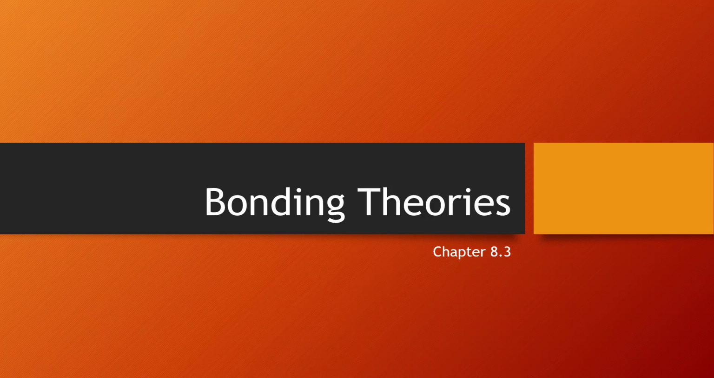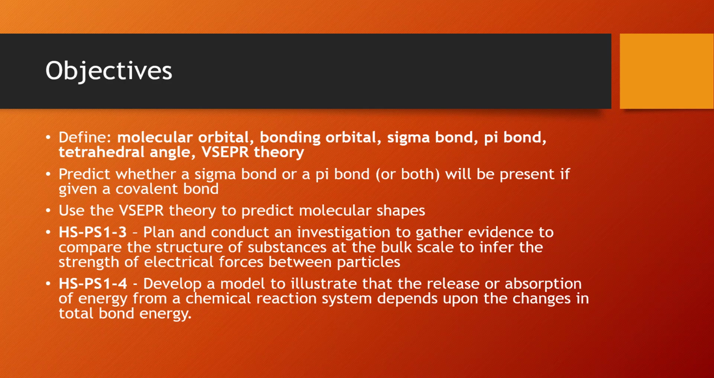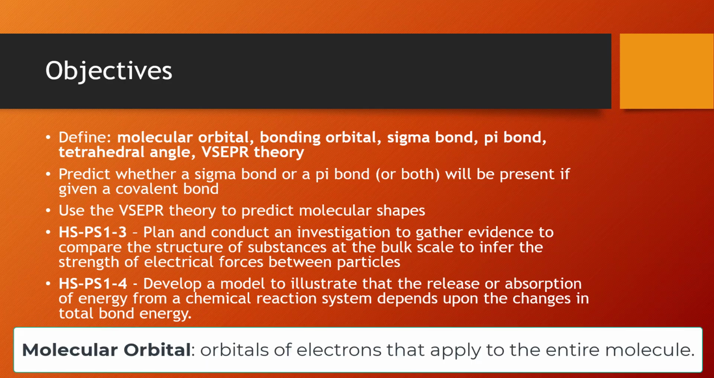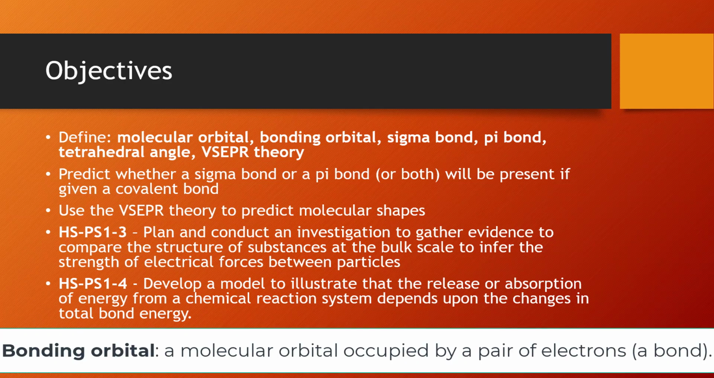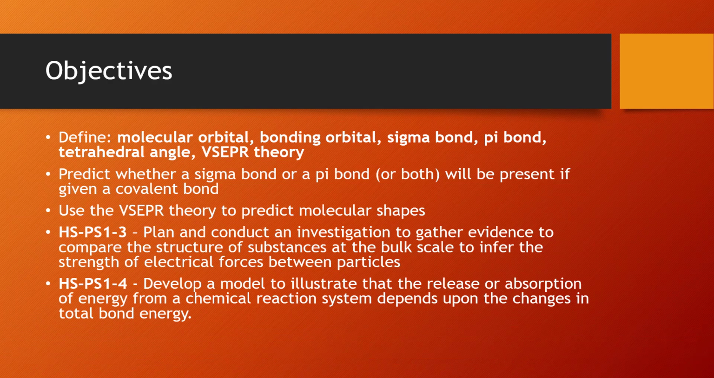Now that we've covered covalent bonding in some substances, let's look at bonding theories. Be able to define molecular orbital. This is when you have two atoms next to each other and their orbitals overlap to form a molecular orbital. A bonding orbital is the specific molecular orbital occupied by two electrons, and that can be in the form